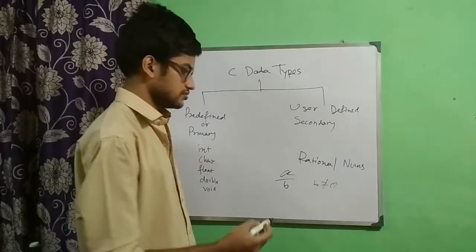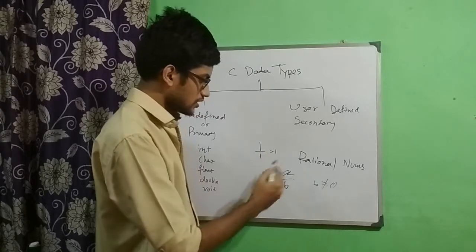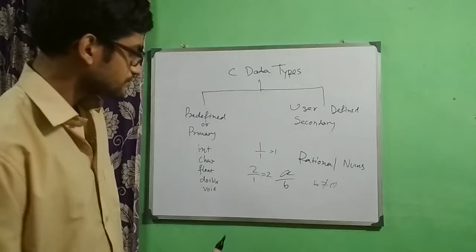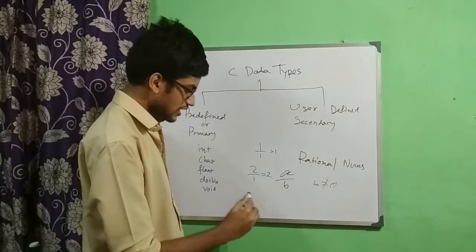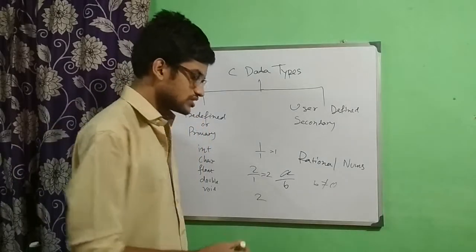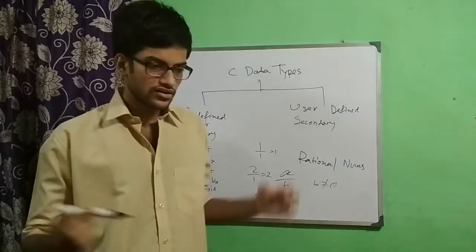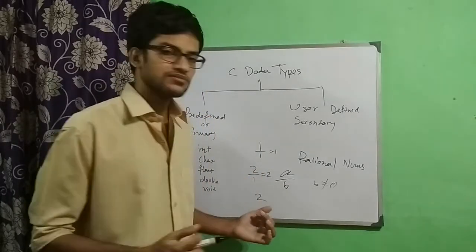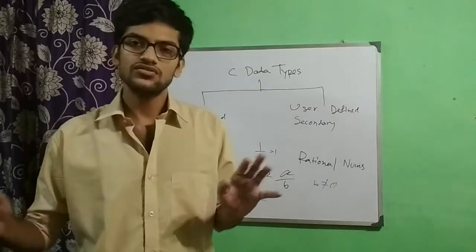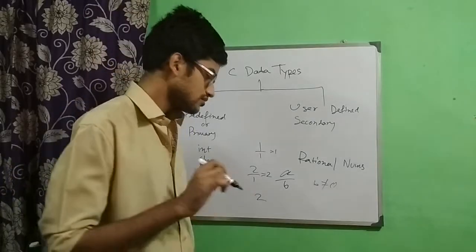Any number you think. If I am talking about 1, 1 by 1 is 1. 2 by 1 is also 2. So 2 is a counting number or natural number. 2 is also a whole number, because in the range of whole numbers 2 comes, because whole numbers are starting from 0 to any counting number. So 2 sits in the range.